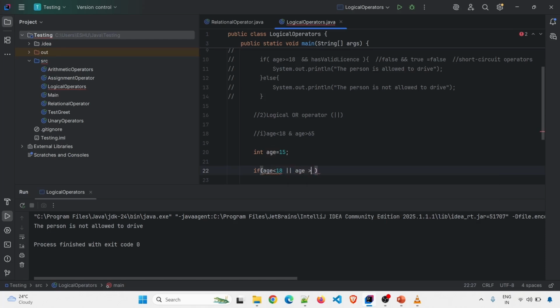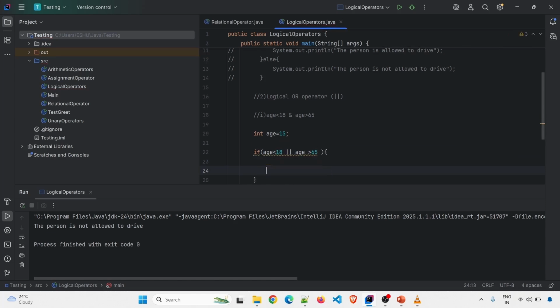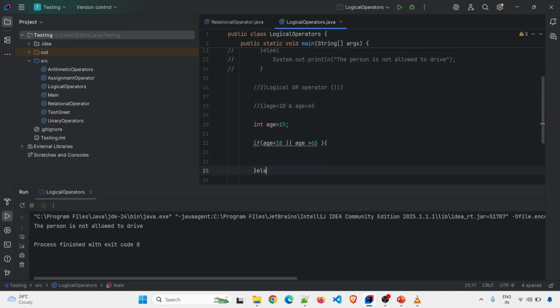age greater than 65. So here I am using the OR operator. Now what will the OR operator do? In case of AND operator, both the conditions should be true. Both the expressions should be true to be evaluated as true. But in case of OR operator, if either one is true, it will be true. So our requirement will be met using the OR operator, because I want to give discount to a person whose age is lesser than 18 or greater than 65. So we will be using the OR operator for this use case, and else